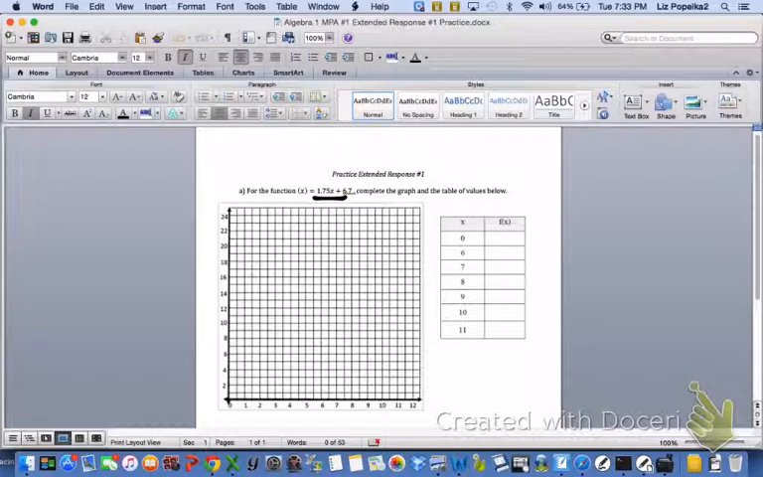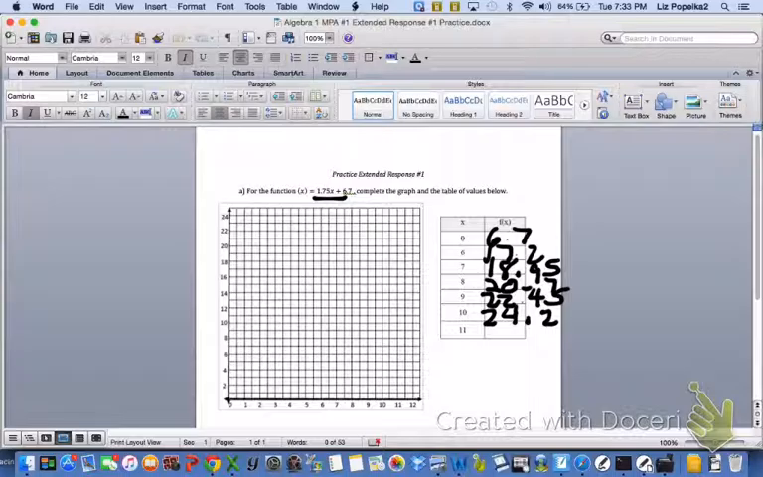And you can actually get your table of values. The calculator will do it for you. So this would be a 6.7, a 17.2, 18.95, 20.7, these are all just coming straight out of my graphing calculator. 22.45, 24.2, and a 25.95. Okay, so I'm going to take those table of values and I'm going to use it to graph that